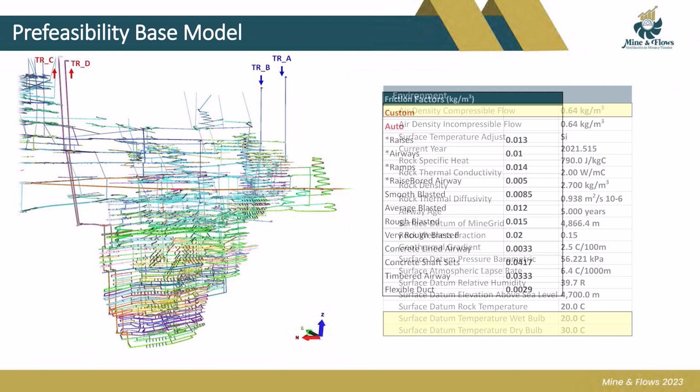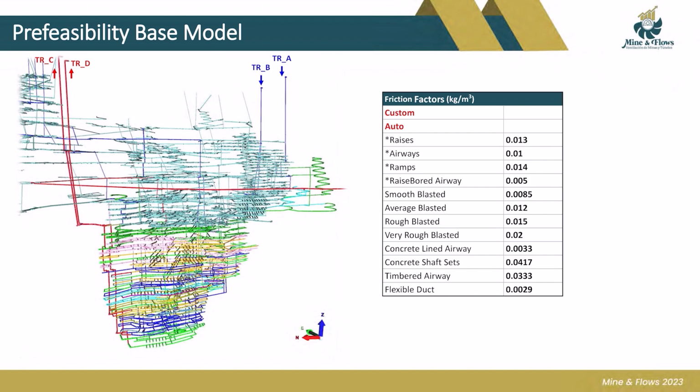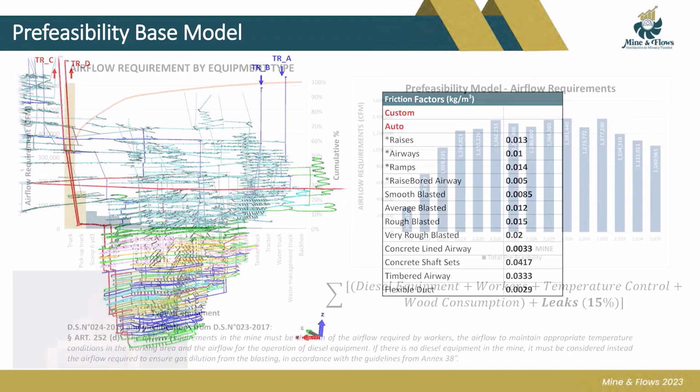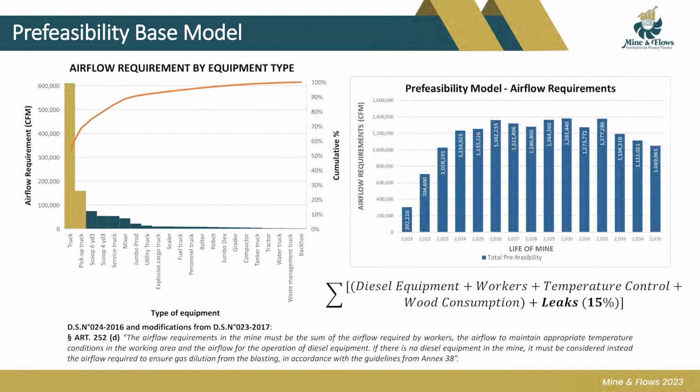On the other hand, we expect friction factors were proposed based on bibliographic reference without taking into consideration other information sources, such as similar mining operations or even from the mine itself. As we know, the airflow requirements are key to establish the capacity of the system, adding the condition that, in accordance with the Peruvian mining law, we must include an extra 15% of the overall airflow requirements to cover any leak,